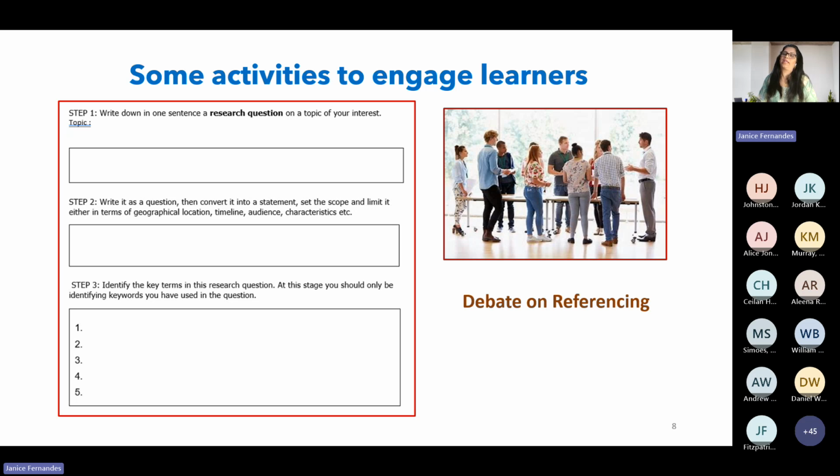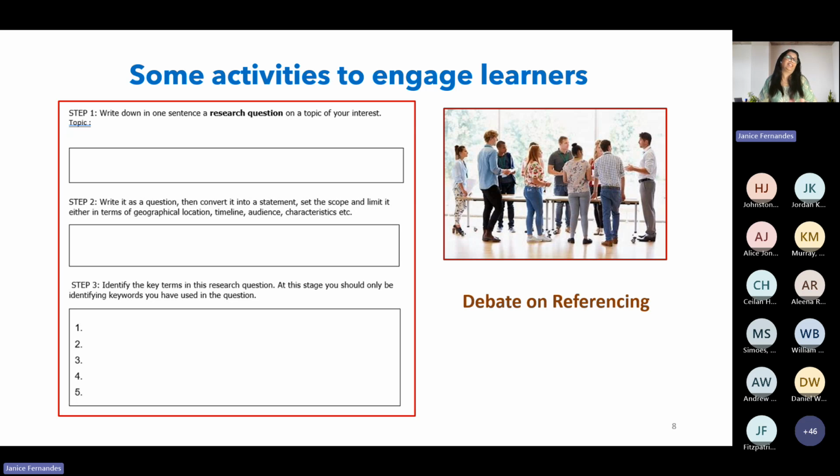An activity that I did was, in a room, I put out a series of tables and lots of printouts of information, whether it is a page from a book, a journal article, a blog, a magazine. And then they went around those tables trying to figure out which ones were fake news, which one had good information content, which could be used in their bibliography. That activity took on very well because it involved a little movement, so it didn't have them restricted to sitting in one place for long.